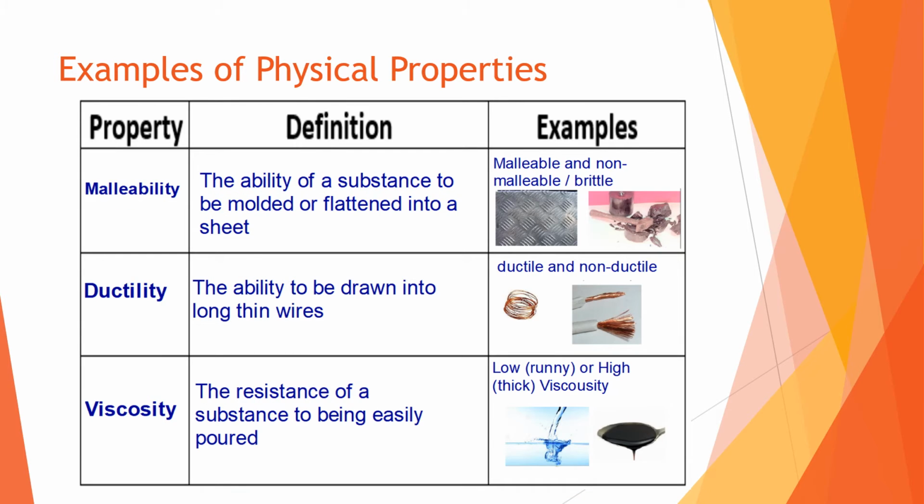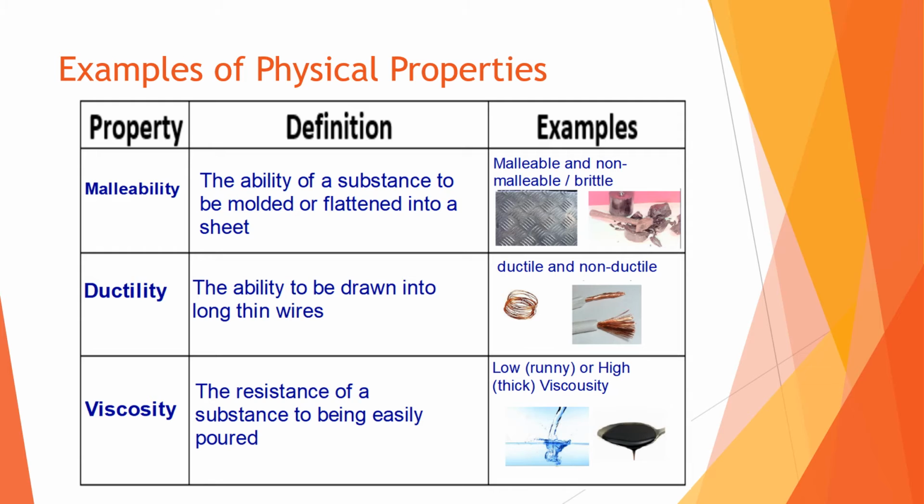Okay, next we have malleability. The ability of a substance to be molded or flattened into a sheet. So when describing using this property, you would describe the substance as either being malleable or non-malleable or brittle. So something that can be molded or flattened is going to be malleable. Something that, if you try to mold or flatten, breaks apart into a whole bunch of different pieces would